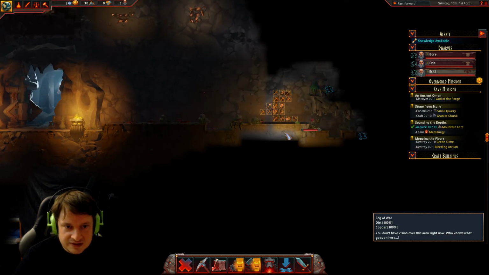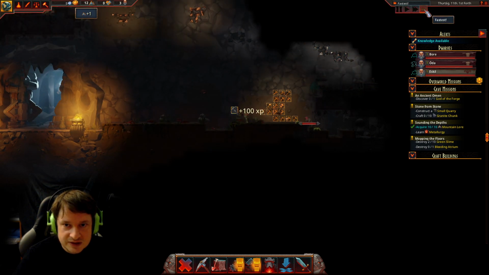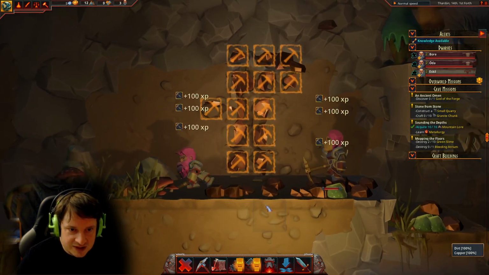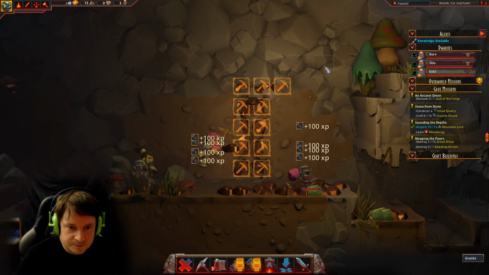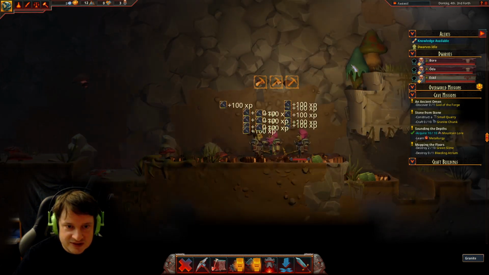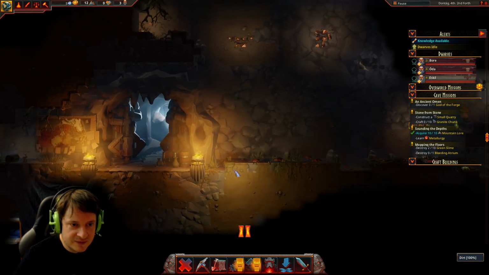So after this, I'm gonna speed the time up now. You can use this speed control here. I'm just gonna fast forward a bit to let my dwarves do their mining. As you can see, I'm getting a whole lot of copper ore here, which is really nice. And now I think it's time to build my first